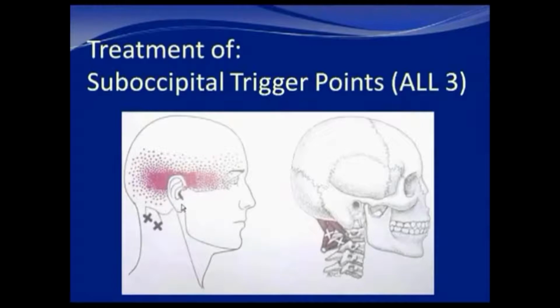Here are the suboccipital trigger points in the 3 suboccipital muscles. There's one here, there's one here, and there's one here. These will orient the head. One of the problems with doing injections in this area, a lot of neurologists and rheumatologists were quite afraid of doing any kind of injections into the suboccipital muscles because a certain number of patients will have an unprotected vertebral artery right here,